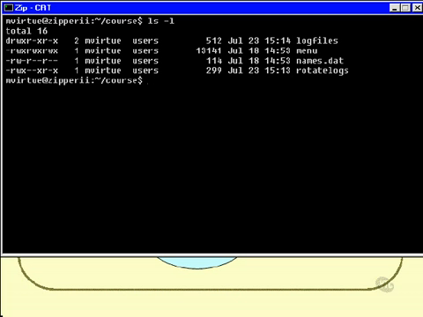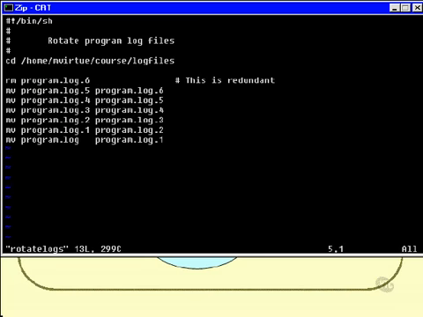To have a look at it, I type in vi rotate logs, and here we are. Now, all these lines here that begin with a hash, I'll come back and tell you at a later time what those hash lines mean, but I'm going to ignore them just for the moment and say that the first